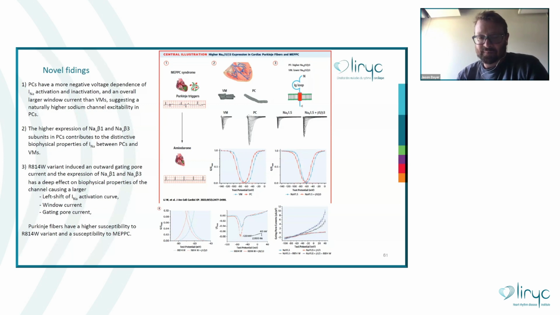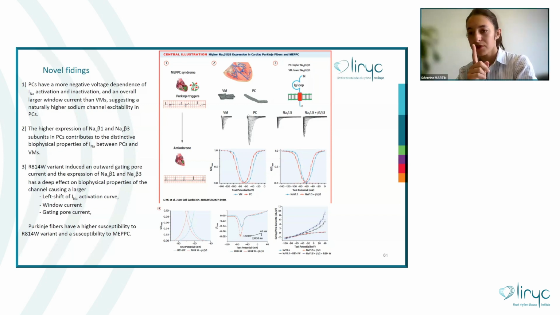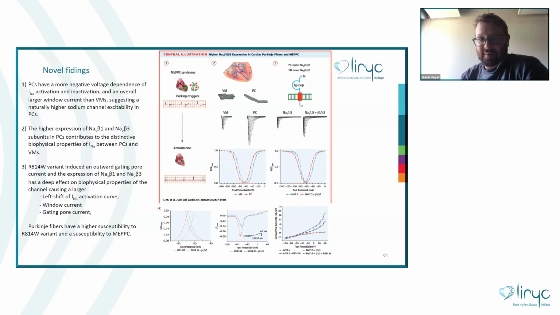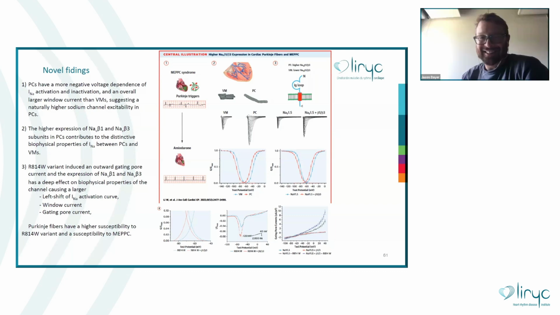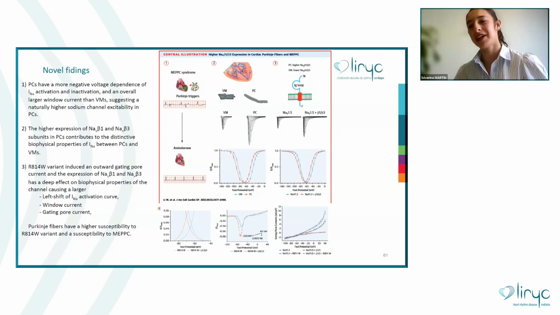Is this possible? So, there are two things. First, do you want to realize this analysis on tissue or in cells? Basically in tissue, intact. I want to see a propagating beat. Yes. Okay, so if you want to stimulate Purkinje fiber, in the end you will also stimulate the ventricular if you are in the tissue. It's a basis. But the window current we can characterize with patch clamp. I don't know if we can do that with microelectrodes.